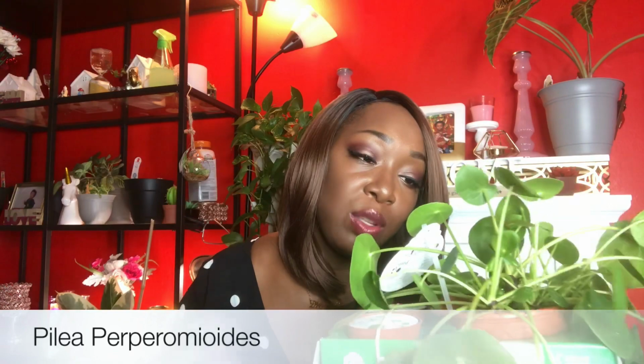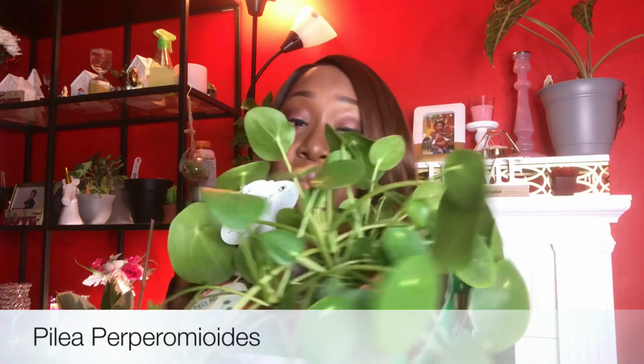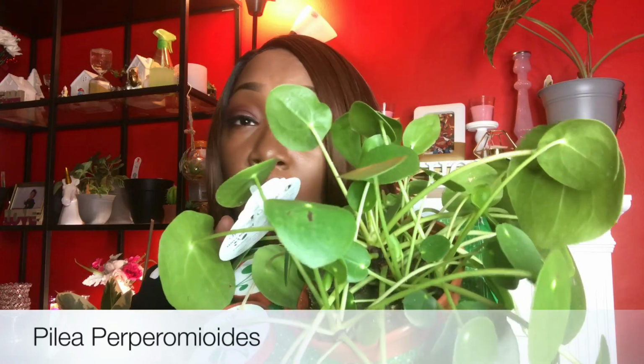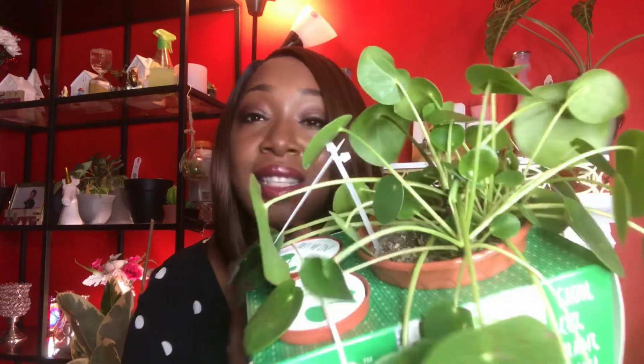I need to get this out of here. I definitely will pot it up soon. And oh, it's a baby. I see babies. OMG, that is just an amazing thing. I definitely have to get this out, and I probably will give one to my sis, and I'll see who else gets another one,